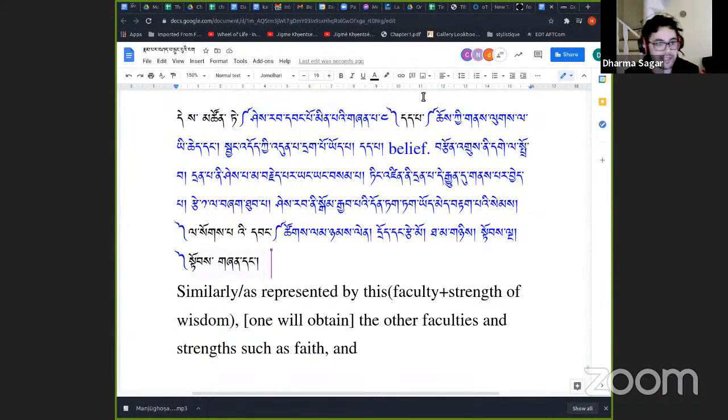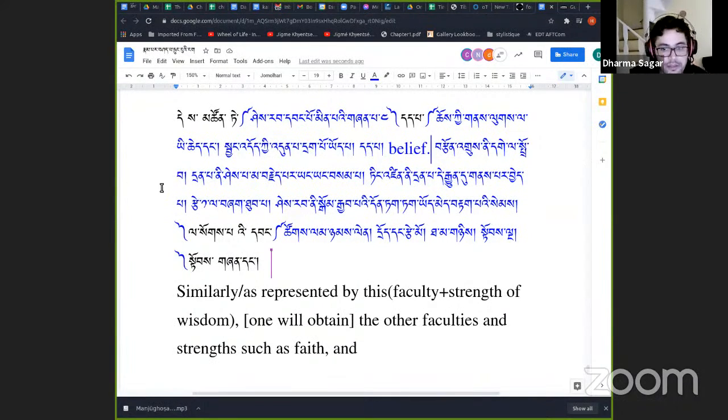faculties. Campbell was explaining that it is to have this trust in the nature of all phenomena, and to have this intense aspiration or enthusiasm in training, in recognizing it. And so then Campbell was saying that depa, or faith, could be something like belief. Okay, so that's the English word that he found.